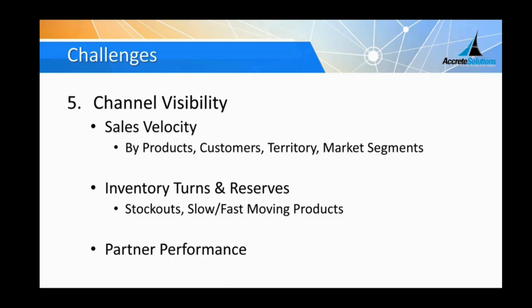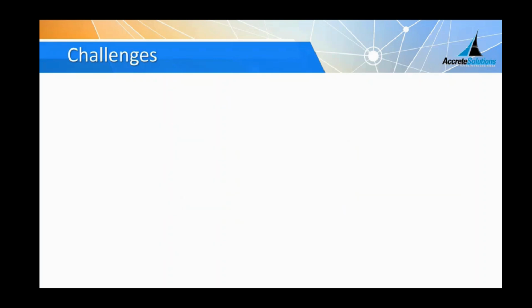Another key challenge is how do you measure the partner performance? This is very important because if you have a large number of partners, you really want to know which partners are performing well and which partners are performing poorly, and you might want to pay special attention to the poor performing partners. It may not be their problem. It may be they're not getting incentivized properly. So it's important to know how the partners are performing with respect to the objectives that you have set up. So those are the top 5, but it doesn't stop right there.